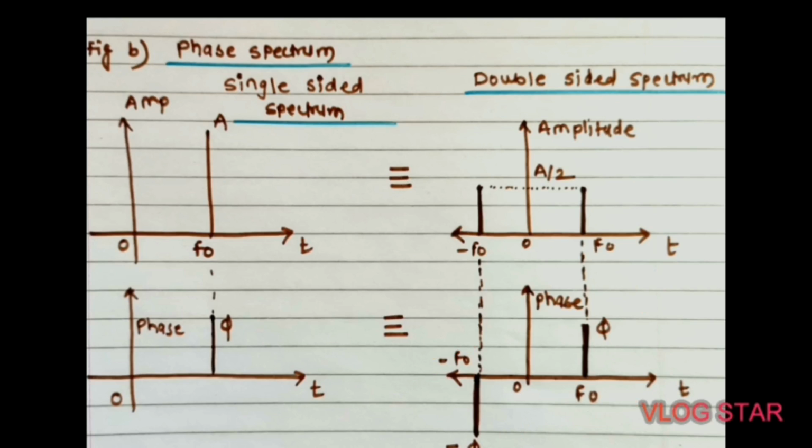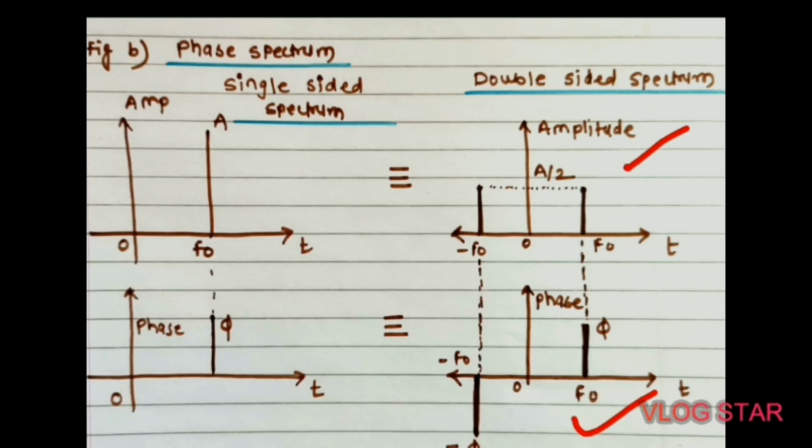Okay, so here in this figure it is clear that the double sided amplitude spectrum has an even symmetry, and it shows that the double sided phase spectrum has an odd symmetry. This can be shown as odd symmetry and it is for the even symmetry. The double sided line spectrum representation is very useful in mathematical analysis. The negative frequency components present in the double sided spectrums are not practically present.